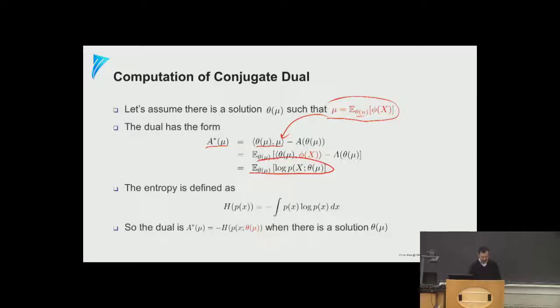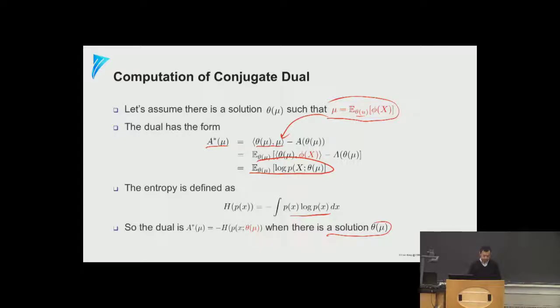It's the expectation of the log of the original distribution. This is basically the entropy of the original distribution. Okay, so after a few steps of definition, we know that the conjugate of the log partition function is actually the entropy of the original distribution, when there is a solution of theta,